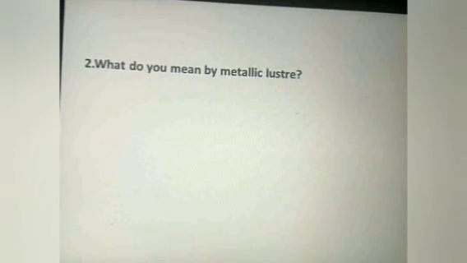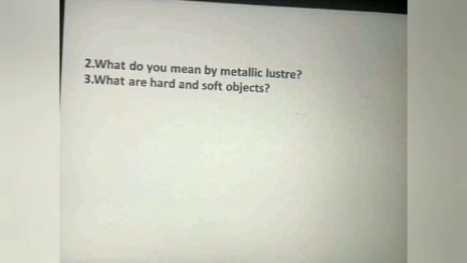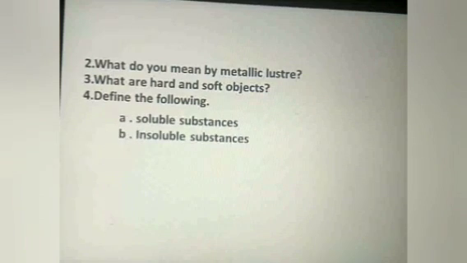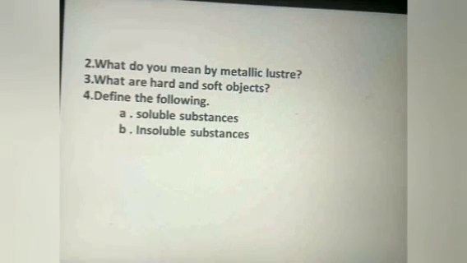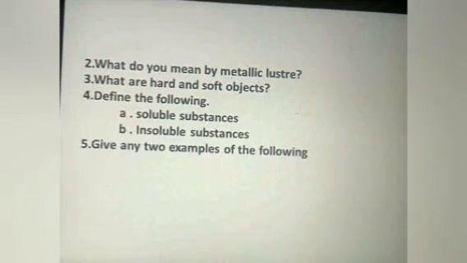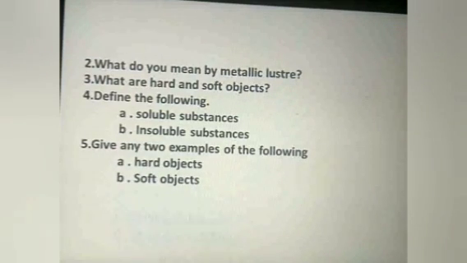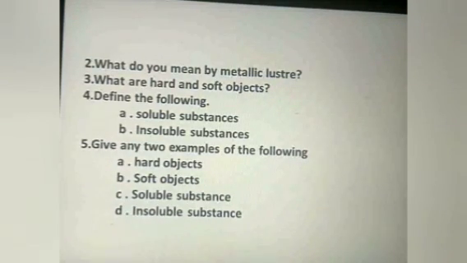Next, what do you mean by metallic luster? What are hard and soft objects? Define the following: soluble substances, insoluble substances. Give any two examples of the following: hard object, soft object, soluble substance and insoluble substance.